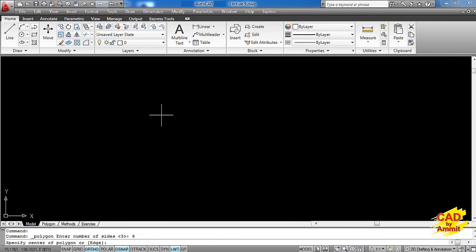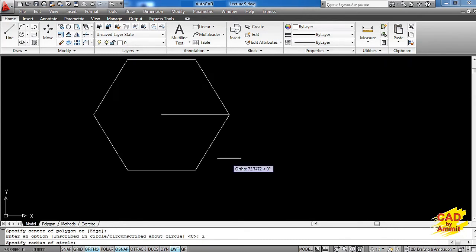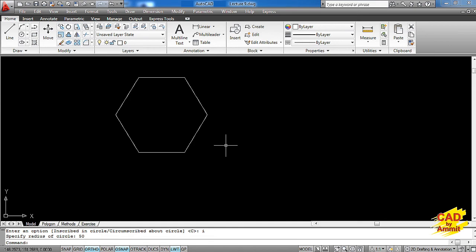Center of polygon, I click somewhere on the screen. Now this is asking for inscribed or circumscribed. I want to create a polygon which is inside the circle, so I'll say inscribed. I'll type I for this and the radius I want is 50. So as I give all the parameters, we get a hexagon which is inscribed in a circle of radius 50.